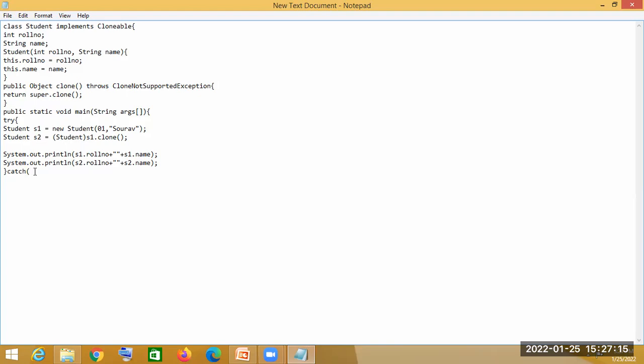It can handle the arithmetic exception also. It can handle the array out of bound exception also. It can handle the clone not supported exception. All the exceptions will be handled by the super class. But the good programming practice here is that you write the particular exception class, so that you know what type of exception it is. So here I am mentioning that particular exception, clone not supported